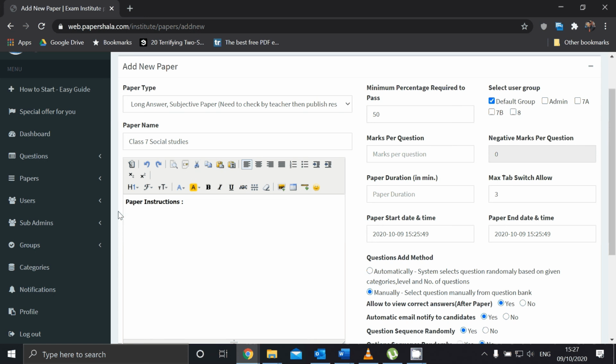Write the answer clearly and legibly on an unruled white sheet of paper, take the photo, and I will show you where that comes in. It's a whole different video on how the students can answer, and that video is for teachers and students as well. You need to send it to them so that they also know the process.